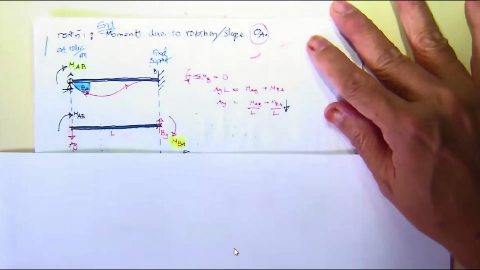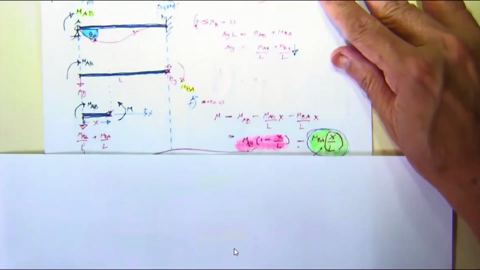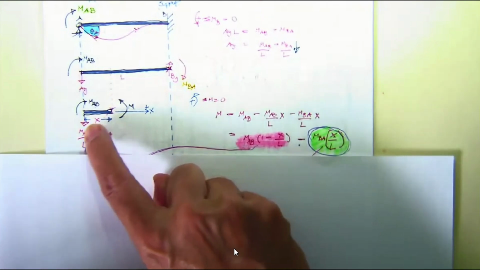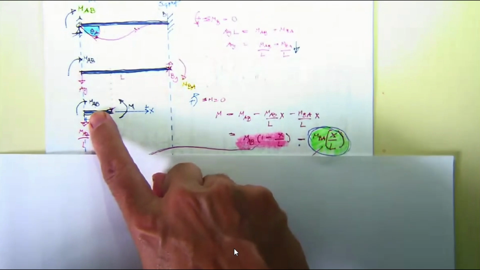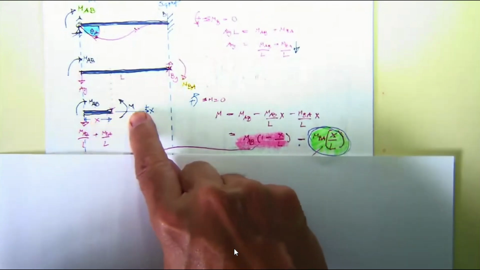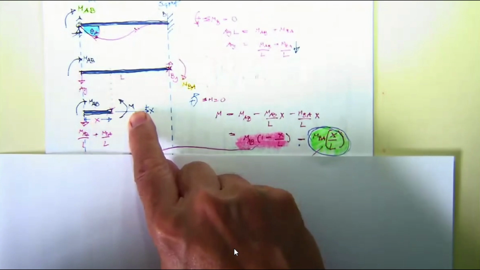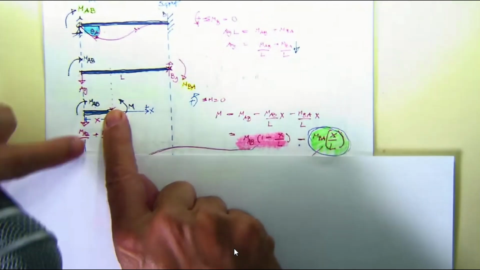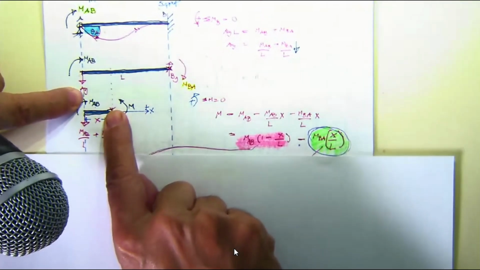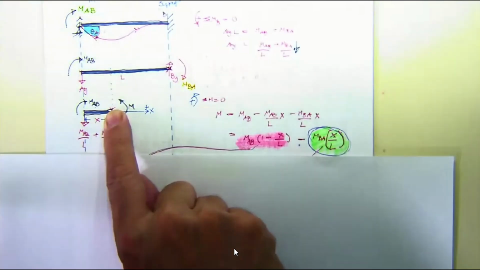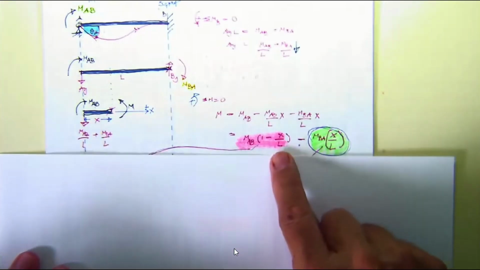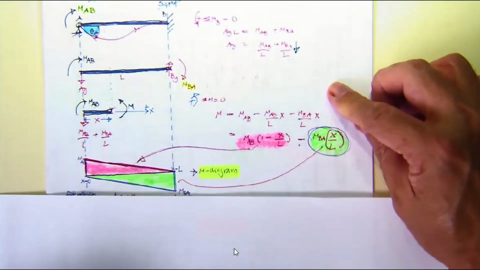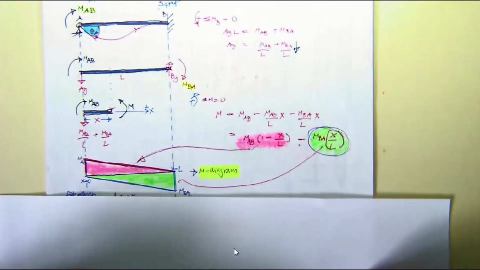Now, you move a bit more. Just cut this beam at X. Consider A sub Y and M sub AB related to the internal moment. You take the moment over here, and you will have M equal to M sub AB minus A sub Y times X. Again, you rearrange everything, and you end up with this moment diagram.